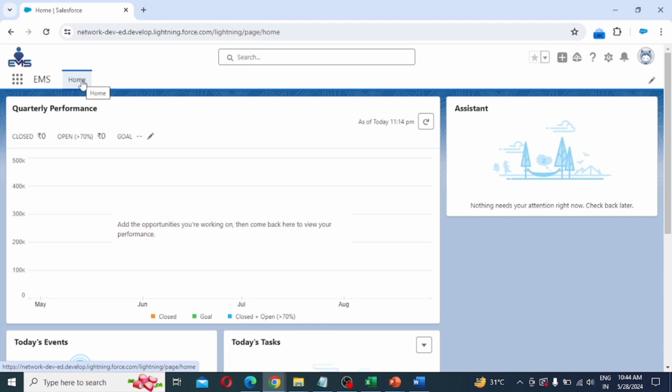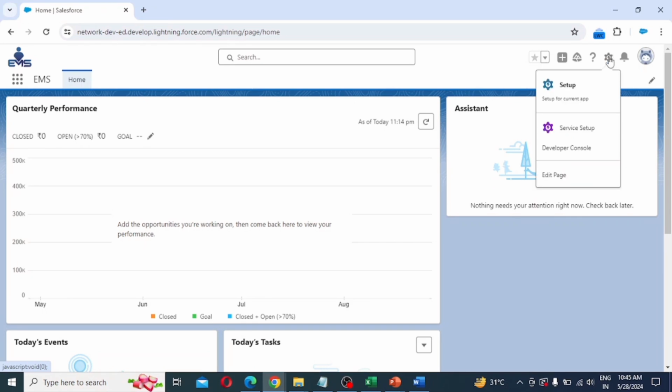There is only the home tab. We had created the object Employee for this application, but it's not visible because we had not created a tab for that employee object. So let's see how to create a tab for an object. Let's refer to the PPT, as we had seen: Setup,